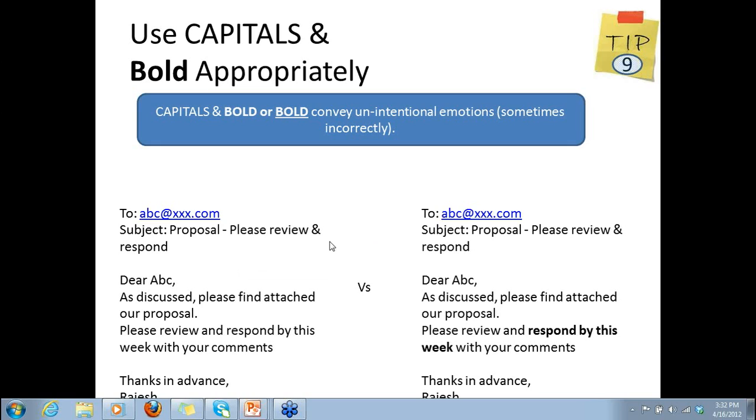Another question I've got is, what is a good way to send multiple attachments? That's a good question. As far as my suggestion to you goes, I don't have the tip in my top 15 tips, because that's the 16th tip. For attachments, it's always better if you use something like Dropbox or some other facility like that and give a link. There are advantages. When somebody downloads, you know who has downloaded. Second, you don't send a huge file in an email which can clog up the recipient's server.